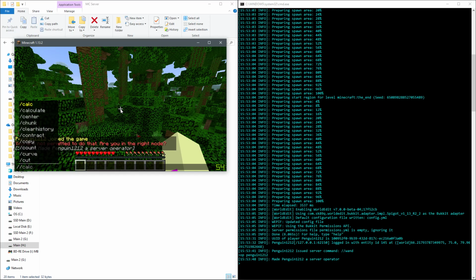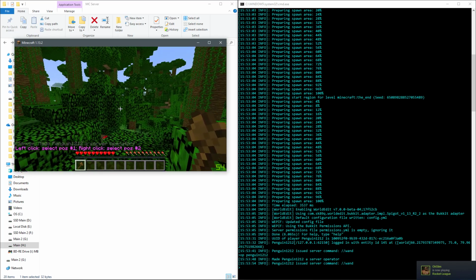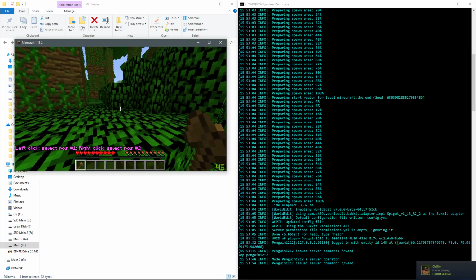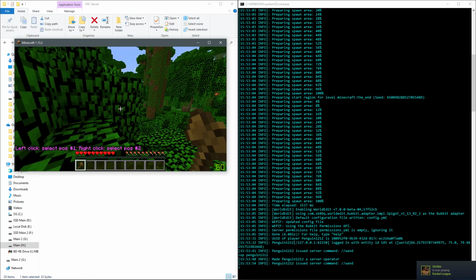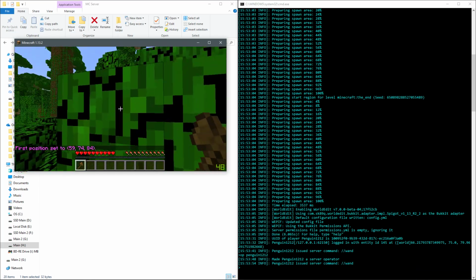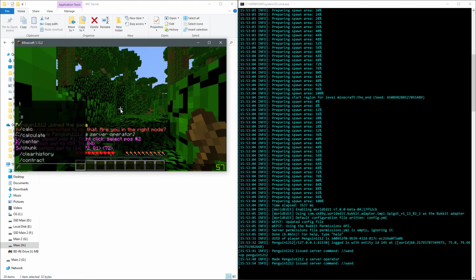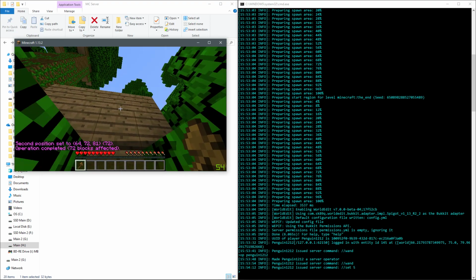We will do /wand. And it will give us this. It's the wand, and this is a WorldEdit thing. So I'll just show you how it works. You just select an area, 2 corners of a box, and you do /set 5. Right? This will set